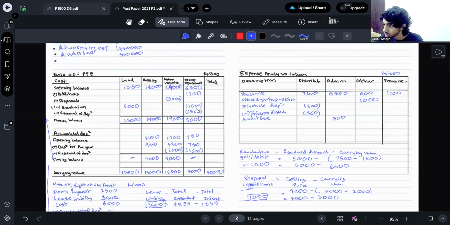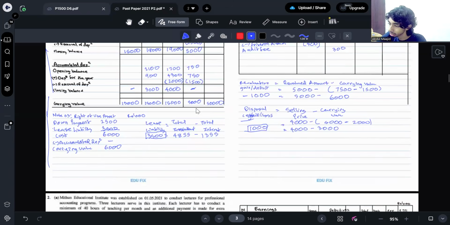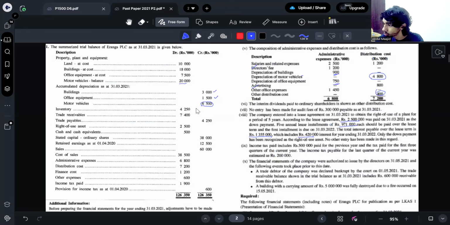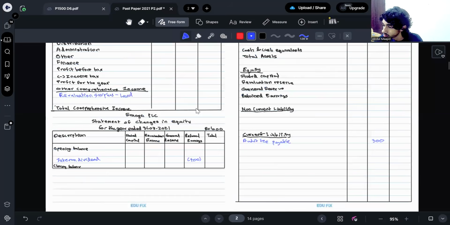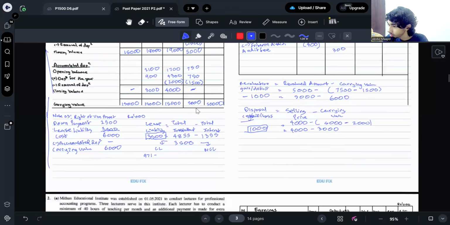Then next, you are supposed to divide this lease liability as current and non-current. 3,500,000 you have to divide as current liability and non-current liability. Current liability is next year installment minus next year's interest. So the installment for each year is 971,000. The next year's interest that's included in next year's installment is given as 420. If you remove the interest amount for next year from next year's installment, you will get the current liability portion as